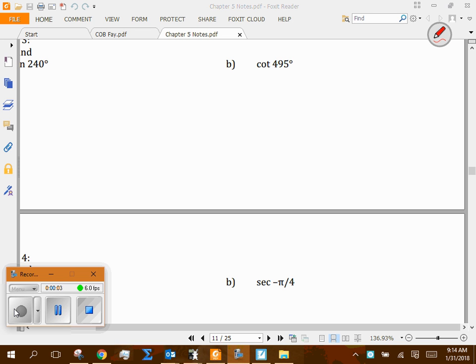The process for dealing with cotangent or tangent or sine, cosine, whatever trig function or trig ratio you're looking at, is to first determine what quadrant the actual angle you're dealing with terminates in. Okay? So when I look at 495, there's